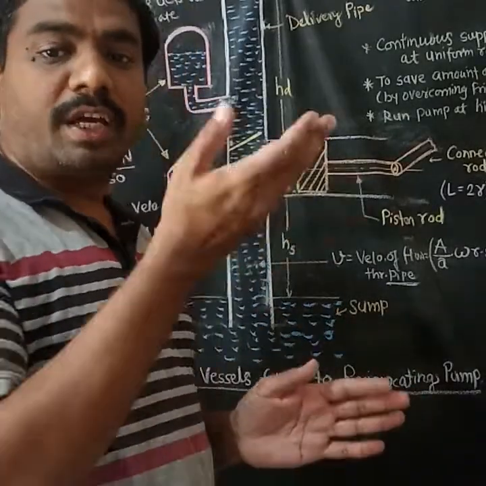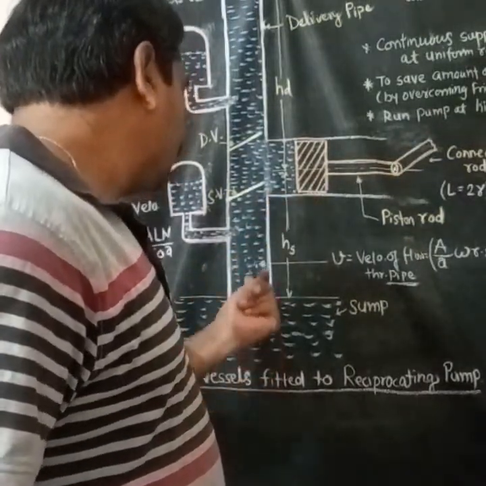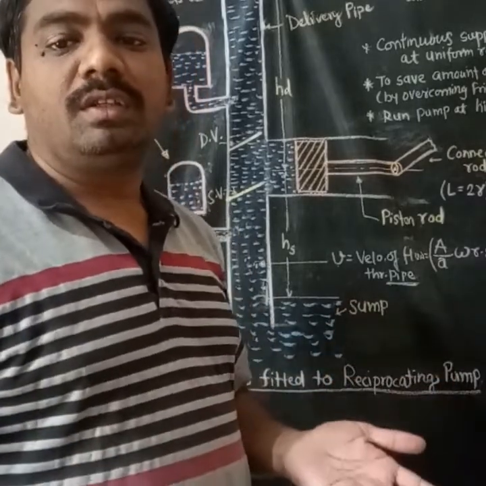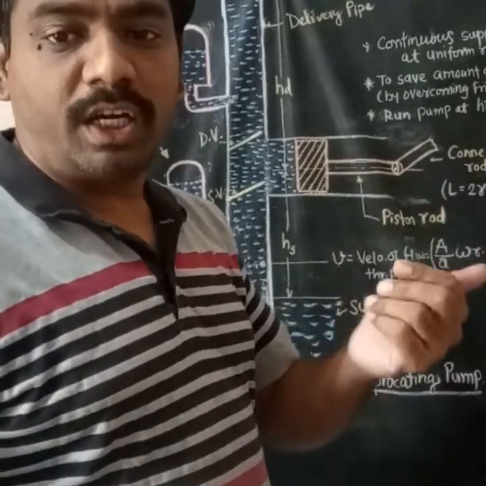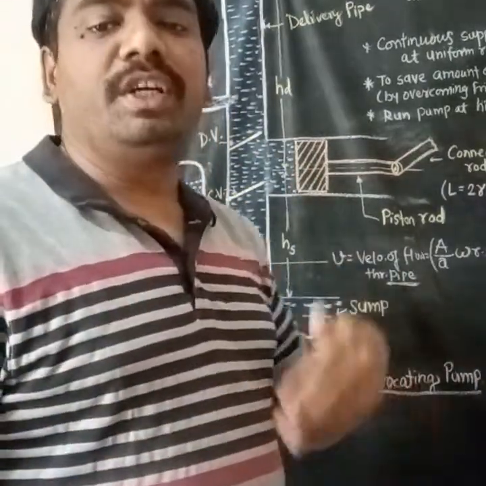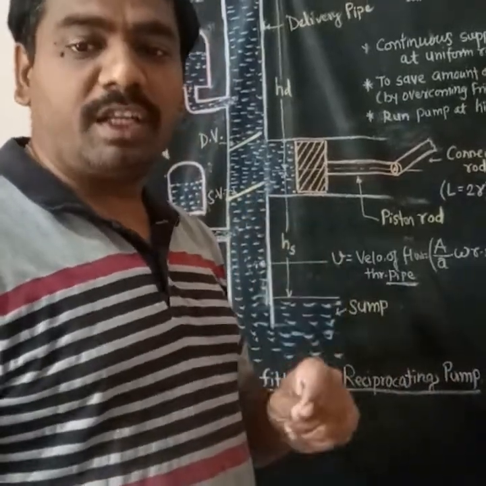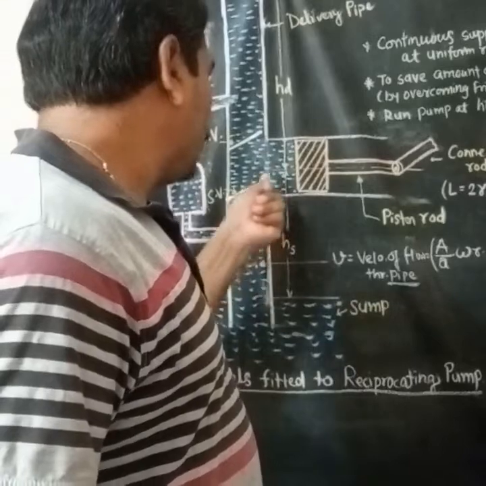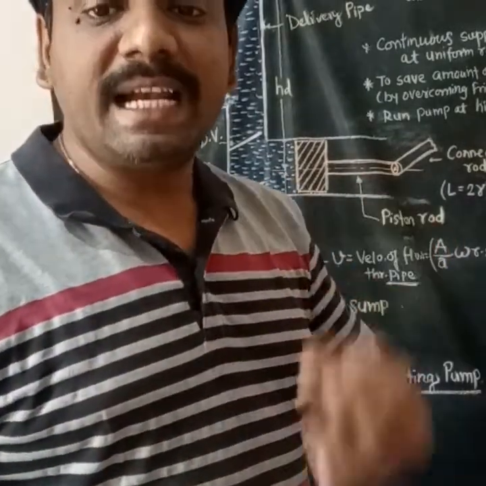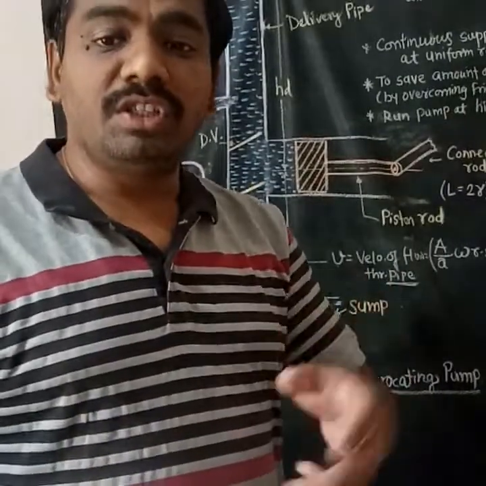Because this flow is going to be accelerated, the discharge will be more, and that's why the velocity of the fluid flowing through the pipe will be greater than its mean velocity. So here there is a need for more water, that is, the water which is discharging inside the cylinder is required more.